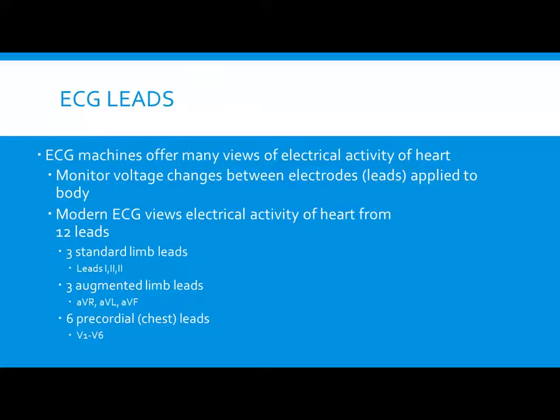Essentially, what we're trying to do is get different views of the heart. So ECG leads give us different views of the heart based on which leads we are using. We're just trying to see the whole thing. If you're selling a car, you're going to take a picture from the front, then the side, then the back, then the other side to get the full view of that car before you sell it. And that's essentially what this is. It gives you a different perspective based off of what view you're trying to see of the heart's electrical activity. All right? So, to begin with,